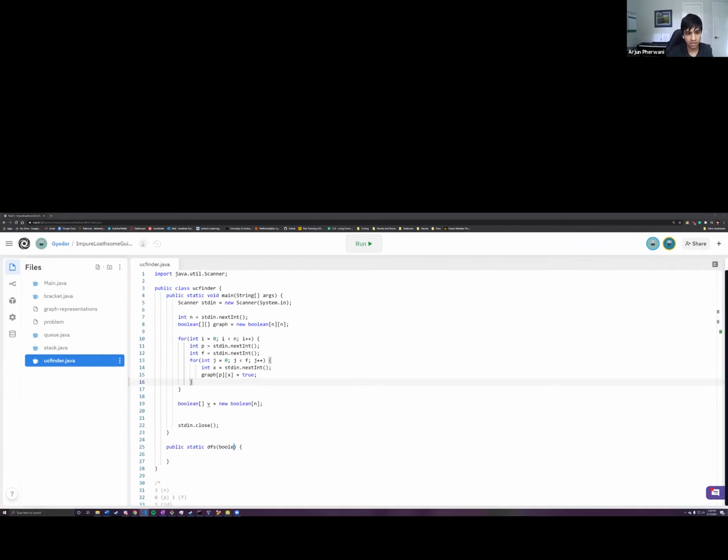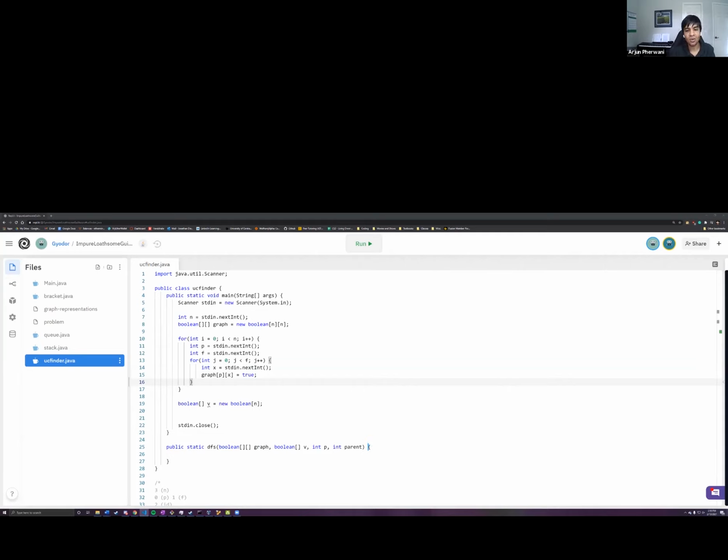The first thing is we're going to take in the graph, obviously. We're also going to take in the visited array. We're going to take in the node P, or the person P, and we're going to take in the parent. Parent stands for the person who actually invited them. This is important for reasons that I will explain some other time.